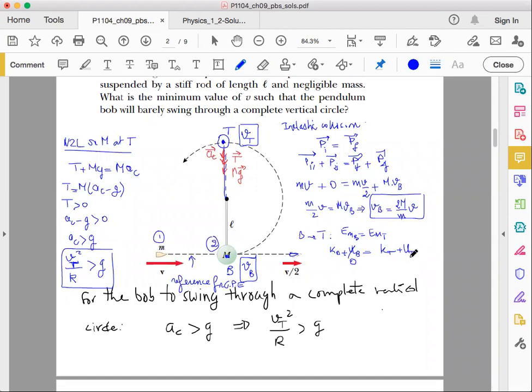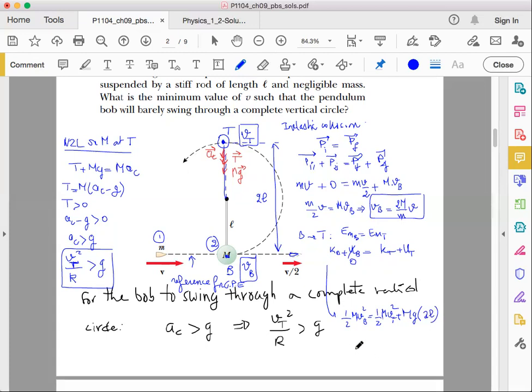So the gravitational energy of the bob at the point T is different than 0. So how much is it? We end up with, so just going to continue here, half mVB squared is equal to half mVT squared plus, so the gravitational potential energy is given by the mass times g times the height from where the point is with respect to the reference level. And if you can see, this is nothing else than 2 times L, where L is the length of the stiff rod. So we end up with 2 times L,